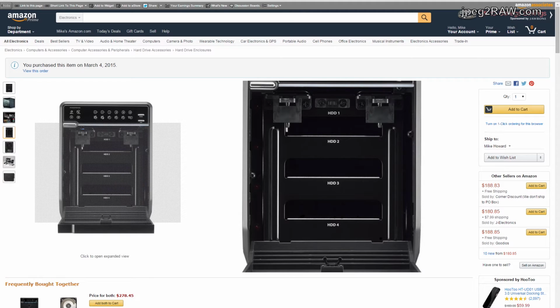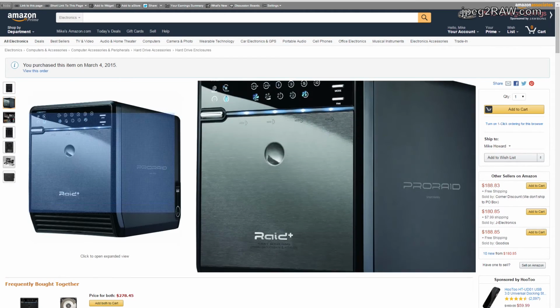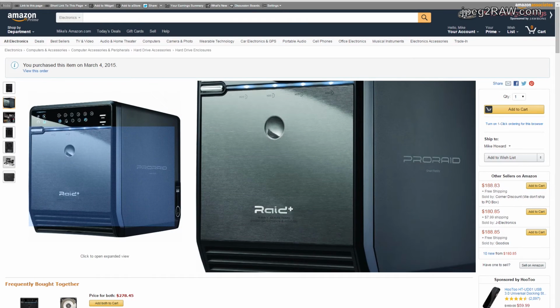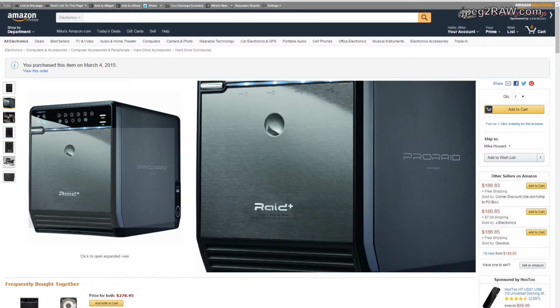Now, all the drives, are they the same size? Is this in RAID or is this just drive pooling? They have both. I recommend getting the RAID. That's what this one is. Okay. This is the Pro RAID. I recommend getting the RAID version, run it in RAID 5. I will explain at the bonus point section what RAID is and what RAID 5 is.